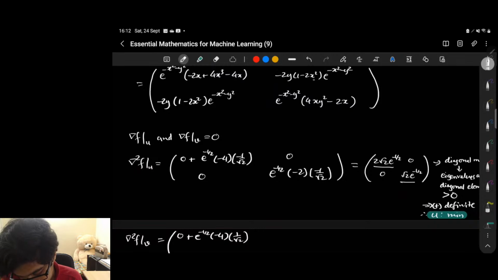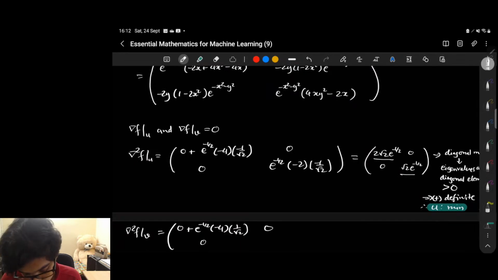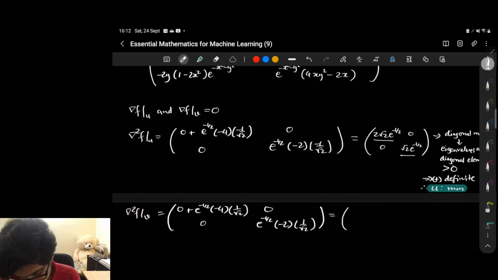Then this 1 minus 2x squared is 0, and here 1 minus 2x squared is also 0. And over here y is 0, so negative 2 times 1 over root 2. So this matrix is